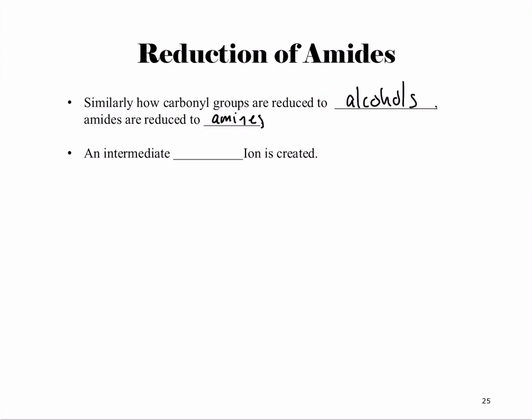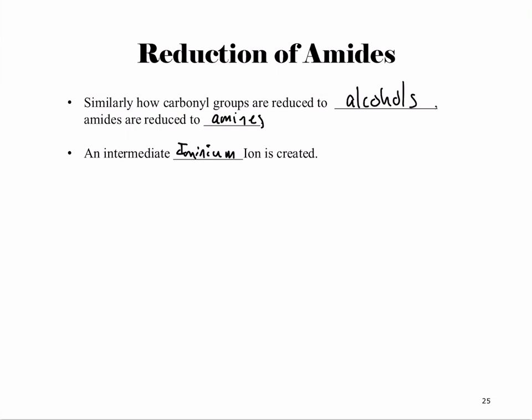We think of it in terms of gaining a carbon hydrogen bond. So we're losing a carbon nitrogen bond and gaining a carbon hydrogen bond. And so in this case, instead of a tetrahedral intermediate, we're going to have an iminium ion intermediate,